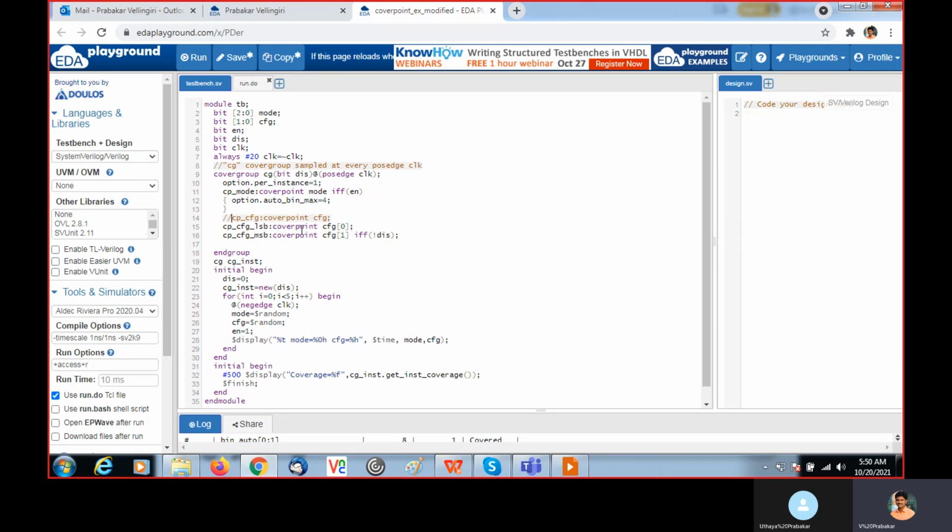This is the cover point for CFG[0]. In a similar way, to check a particular MSB position I can give CFG[1]. Here I use the iff expression: iff (!disable). It will happen when disable is 0. Now we are passing disable as 0.